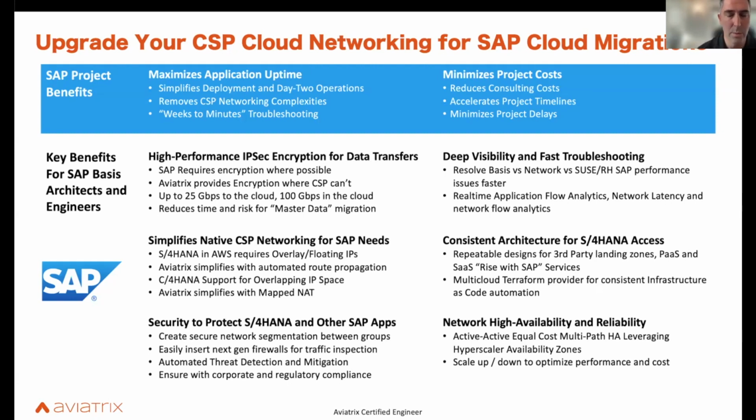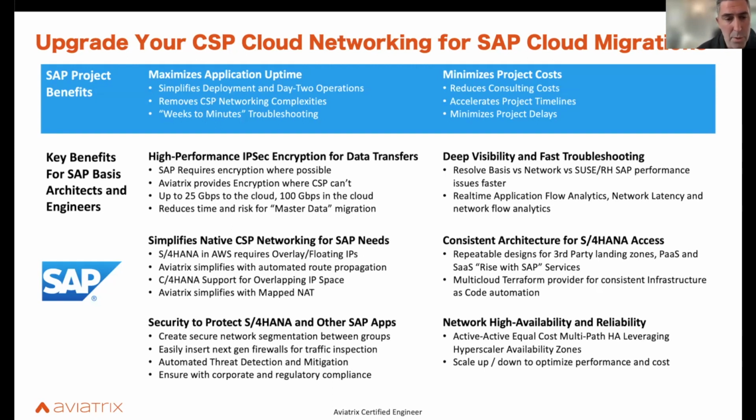One of our intellectual properties as a platform is our ability to have high performance encryption for data transfers. So we have an ability to create upwards of 25 gig per VM from on-prem to the cloud, and between clouds and within a cloud up to 100 gig of high performance encryption. And one of the things SAP recommends is to encrypt everywhere where possible. The second is the simplification, right? We're going to go into our ability to simplify the CSP networking with, say, the overlay or floating IPs,